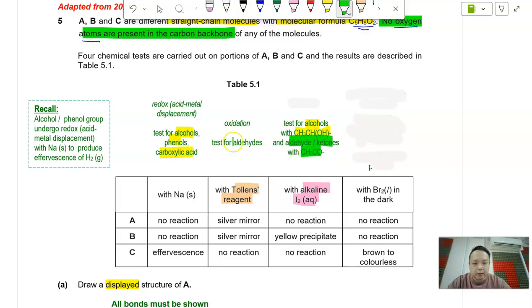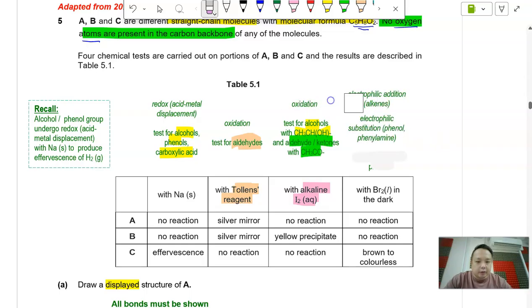So alcohols with this, aldehydes and ketones with this. Last but not least, with bromine, bromine undergoes electrophilic addition reaction, so you can test for your alkenes. You can also test for your phenol and phenylamine. So alkenes and phenol. So in this case, if we take a look at